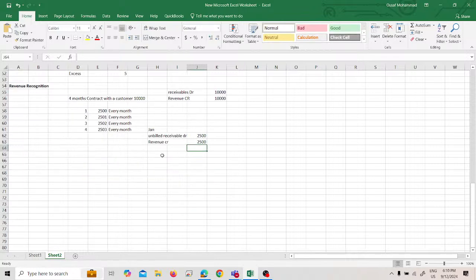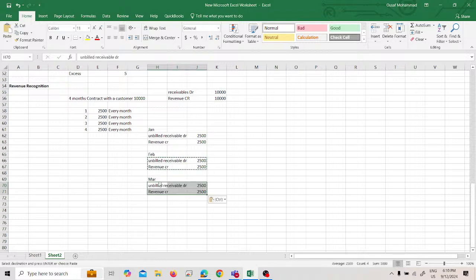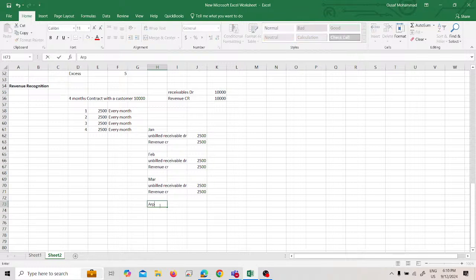In the next month, the same entry will be done in February, and the same entry will be done in March. Suppose we are going to pay in 3 months, say in the April month. Let's complete it in the 4th month. So these 4 months we will record the